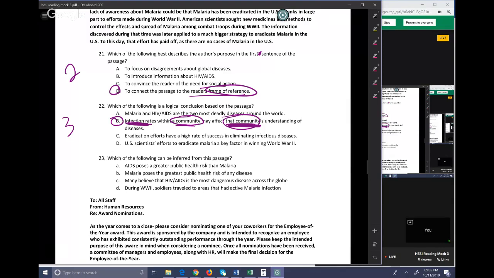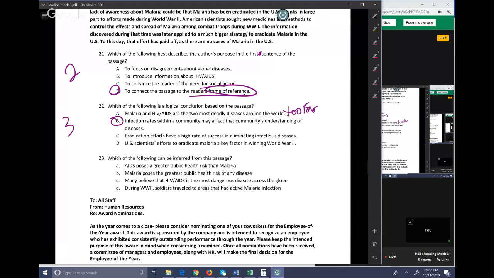What I said about the other one, A, is that it's too far because they did not mention infection rates of any other disease. All they said is that those are two of the worst. We don't know how other diseases may fall within that. So they don't clearly say these are the two that are the greatest threat. They focus on those two. They compare them to each other, but they don't say whether they are number 1 and number 2 specifically. So that would be too far from what we know. C,